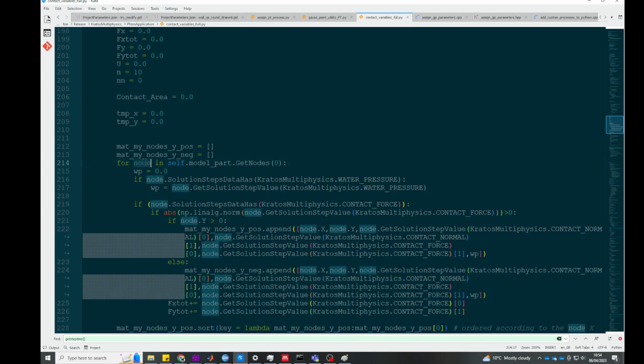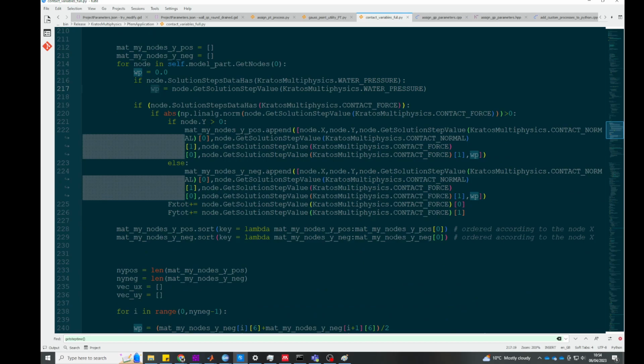Then I cycle for each node in the domain. If the node has water pressure, set water pressure to this value, otherwise it's 0. Do the same with the contact force. And then I created this matrix that for each node sets the x, y, the contact normal on x, contact normal on y, contact force on x, contact force on y, and water pressure,